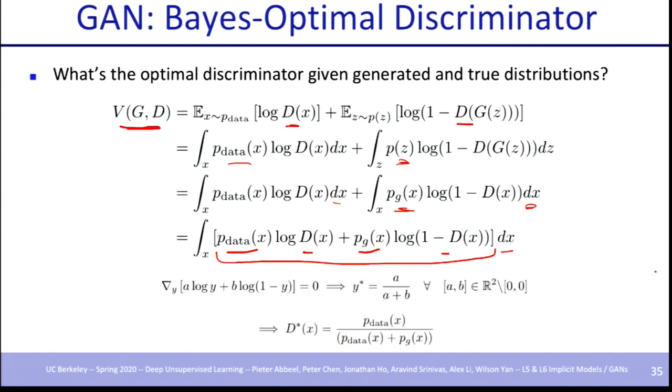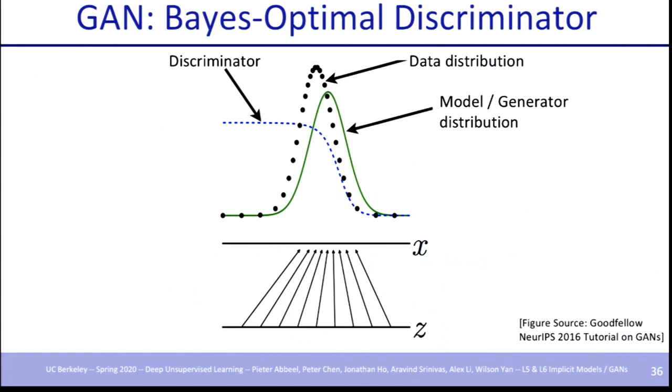So let's do that. That's really a problem of this format over here. And what we find is that this is the solution. And so our optimal discriminator will be this. The probability I assign for this coming from the real data is the probability that it was generated from the data divided by the probability generated from the data plus the probability generated from the generator. So we have a form here. Maybe we have a data distribution and a generator distribution, and we can then know exactly what our optimal discriminator would look like.